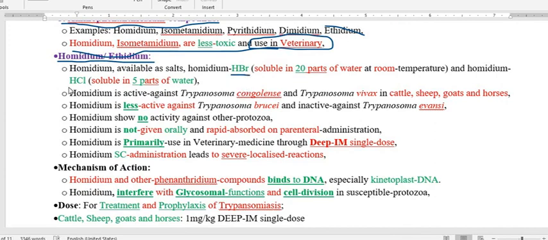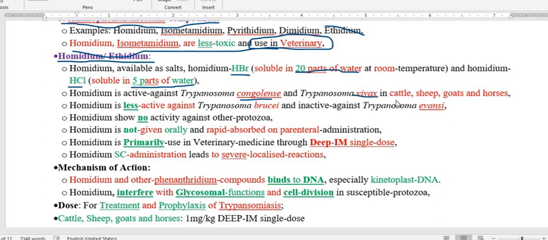Homidium is also known as ethidium. Homidium comes in two salts, homidium hydrobromide and homidium hydrochloride. The hydrobromide dissolves in about 20 parts of water compared to the drug amount, whereas the hydrochloride is soluble in 5 parts of water, that is weight by